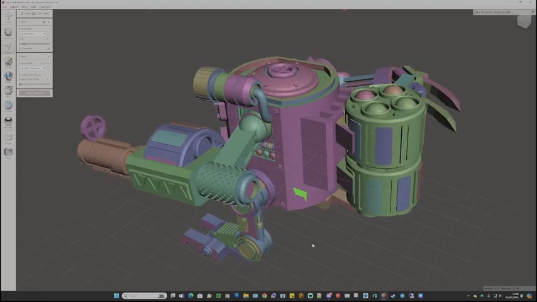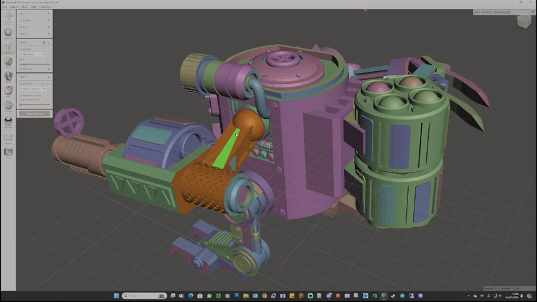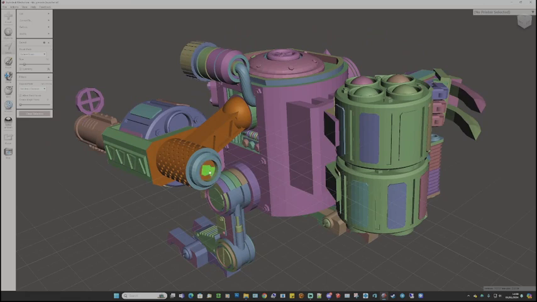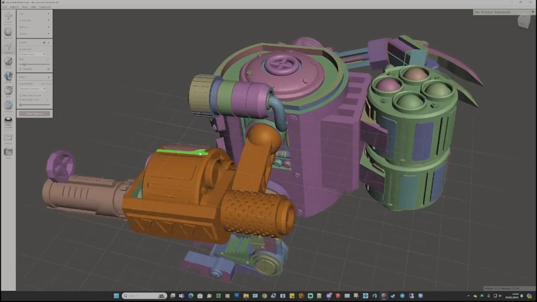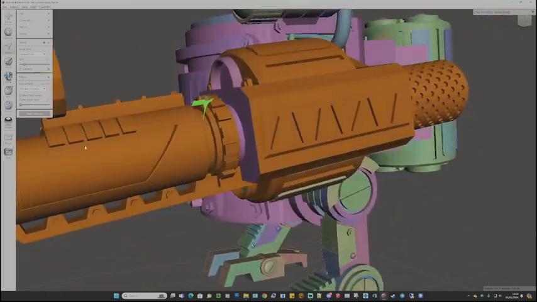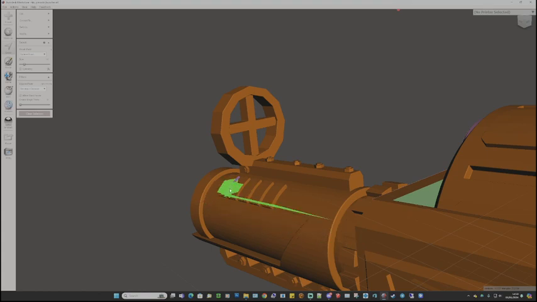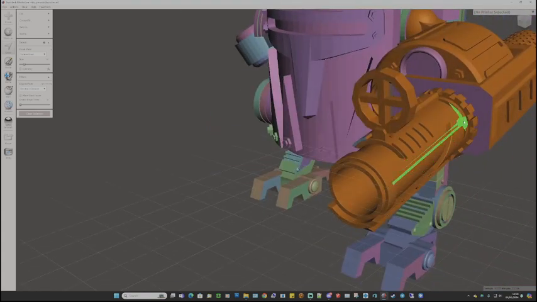Right, so what I'm going to do here is just go to each face group, double click it, and that will select it. So what we're looking for here is try to get everything that goes together in this one big arm. Now because we've generated the face groups in big coloured sections, it does help speed things up a little bit here. But all you've got to do is just go around and double click. Now you're going to find little areas where it's a little bit fiddly, like there for instance, where the face group generated slightly differently to the rest of it, but it's just a case of going around and trying to spot where